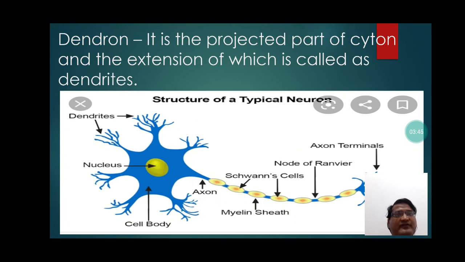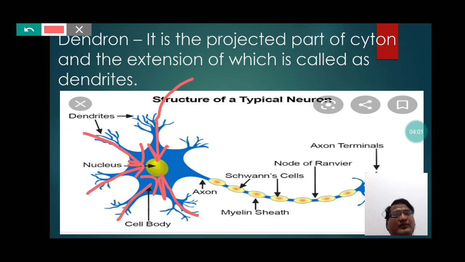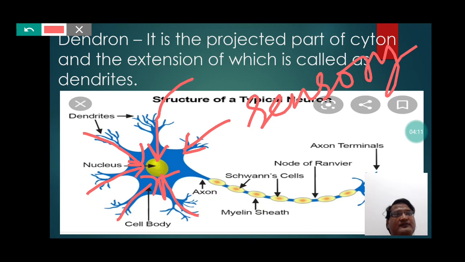So students, dendrites actually carries the sensory impulses from the sensory organs to the dendron. So students, this is how the sensory impulses is brought by the dendrites. So actually this dendrites carries the sensory impulses